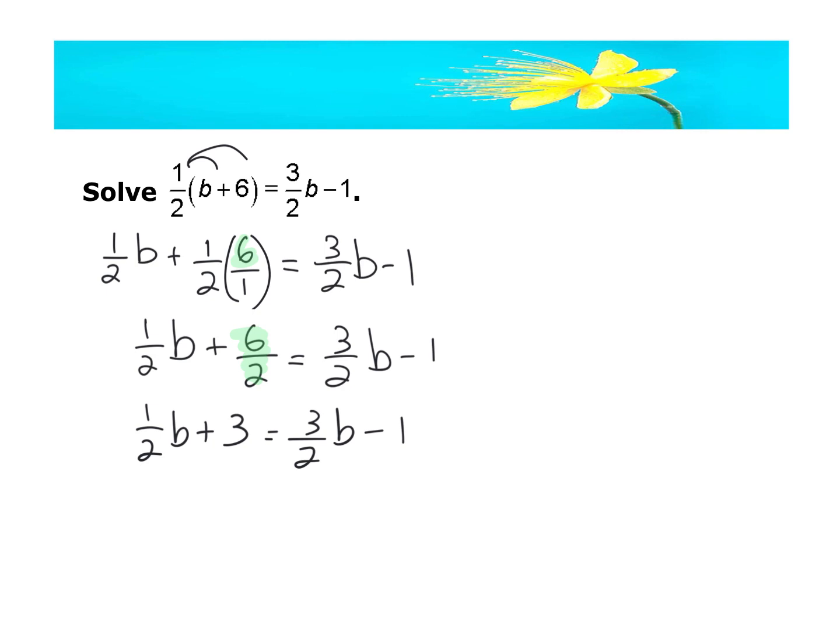Let's do the positive way first. I'm going to subtract 1/2 b on both sides. So it's going to be 3 is equal to 3 over 2b minus 1 over 2b minus 1. The reason I rewrote it is because seeing fractions written like that makes it a lot easier to do. Now, because their denominators are the same, I'm able to just subtract easier. So I'm going to keep writing up here. So it's 3 equals 3 over 2b minus 1/2 b is just 2 over 2b